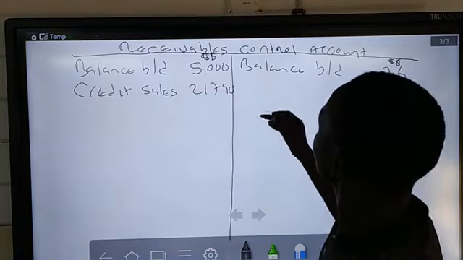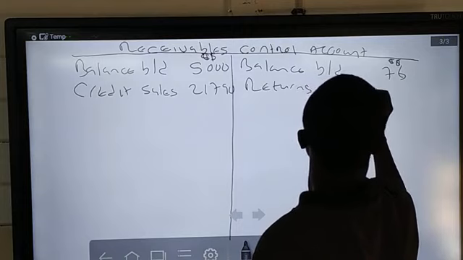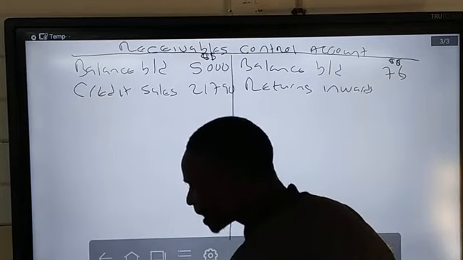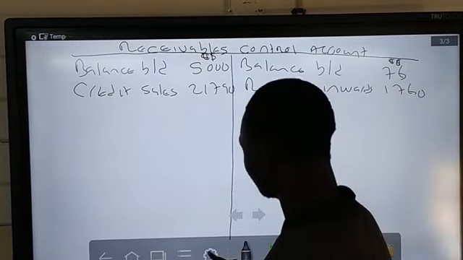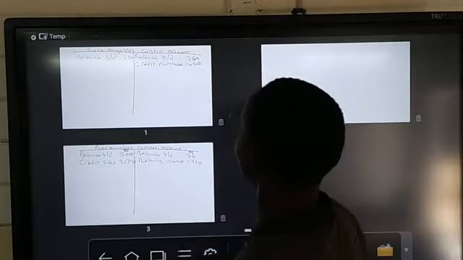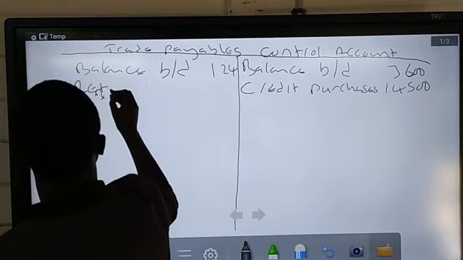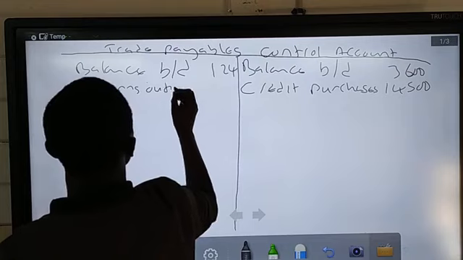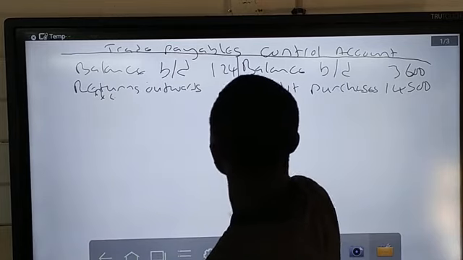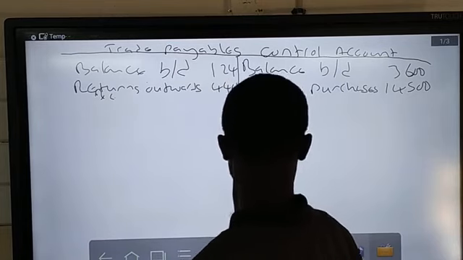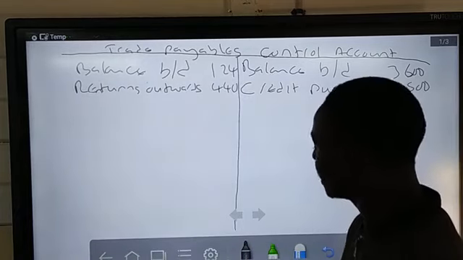Let's record here. We have returns inwards. Our returns inwards, that's goods returned by credit customers, 1,760. Then, if we do an overview of our page, let's go to the trade payables. We have returns outwards. Returns outwards, if you check, is 440. Okay, let me just erase this part. Okay, let's proceed. If we go back again to our question,